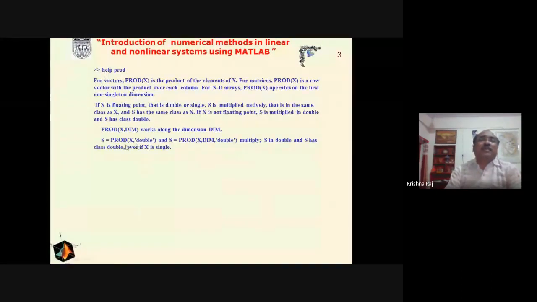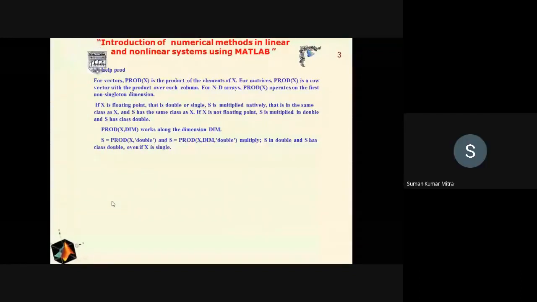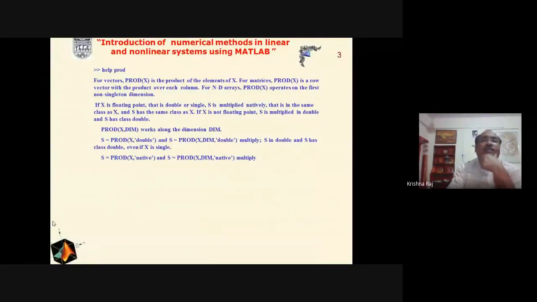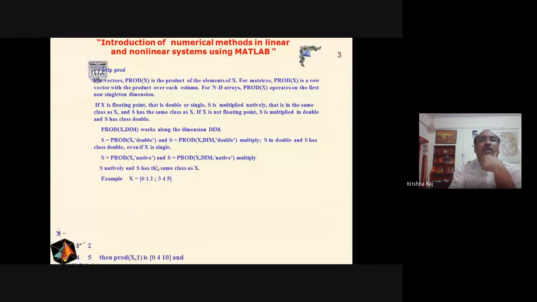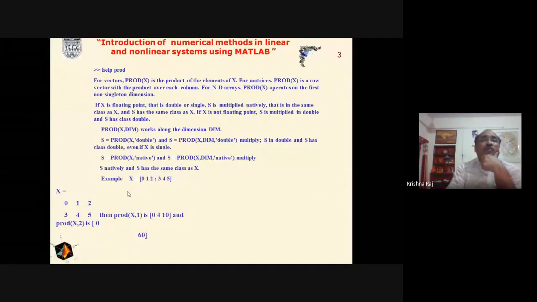That is, whatever the input may be, the single precision number system or the double precision number system, the return will be the double precision number system. That is, the product will be represented in 64-bit. Now, if we write this type of command, product X native, then native representation will take place. Now, suppose we consider the input X, that is a matrix